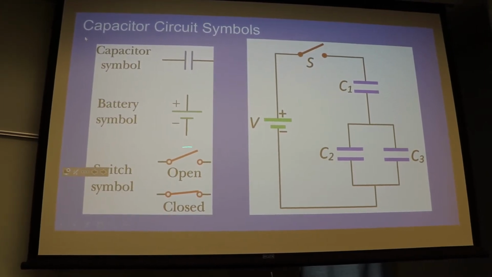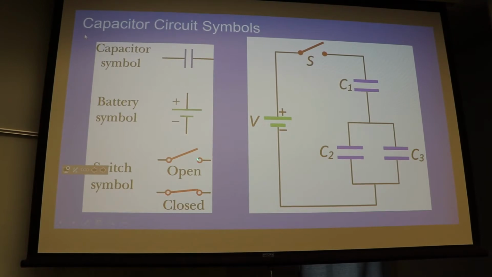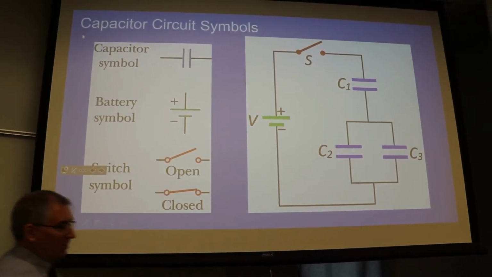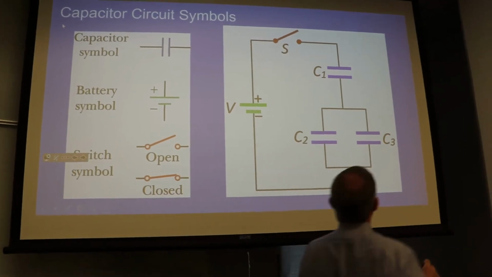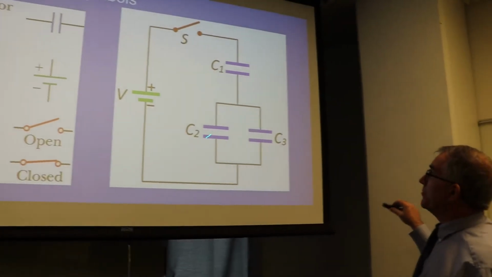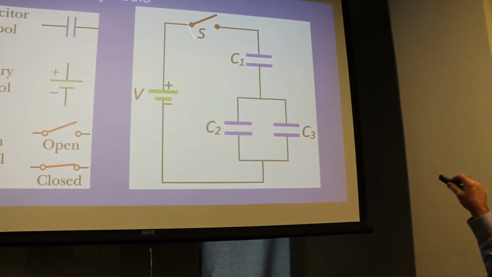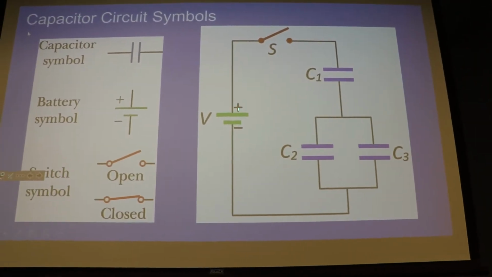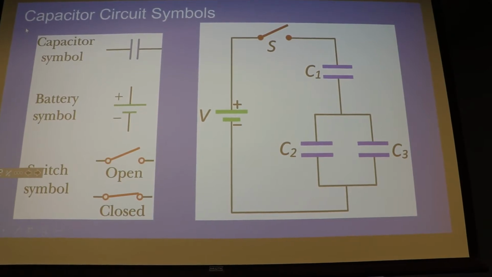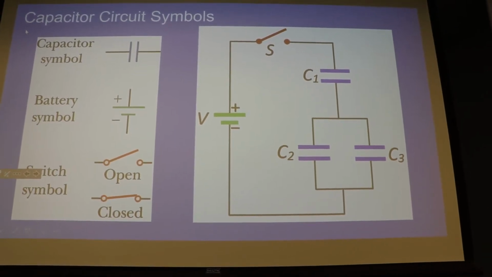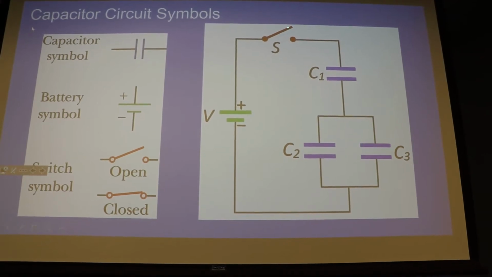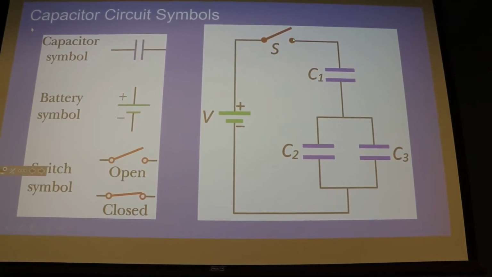This is the symbol for a switch. This is when the switch is open, and this is a closed switch right over here. So the actual circuit diagram, and this is called a schematic, shows 3 capacitors, a switch, and the voltage of the battery right there. So when I lit up that light bulb a second ago, I was acting like the switch because I had the little conductor in my hand, the lead, and then I touched it right there and